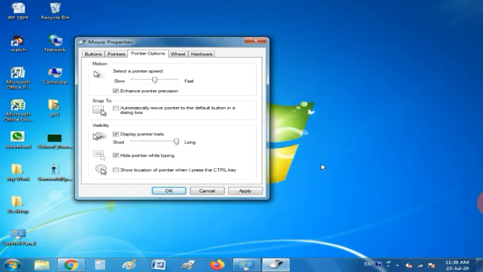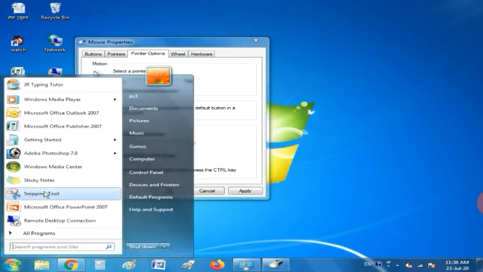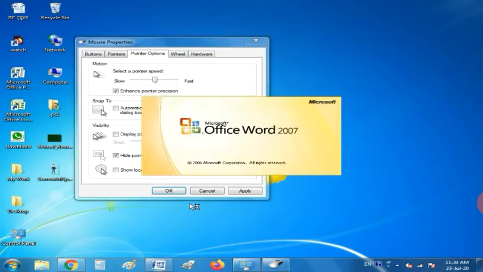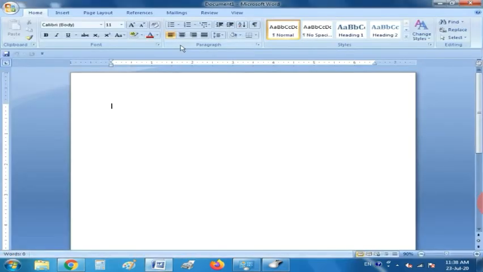Our next option is hide pointer while typing. What is the use of this? Students, when you select it, then whenever you type something in MS Word or in Notepad, your mouse pointer will be hidden during the typing. As you can see, here I am typing, and the mouse pointer has hidden.